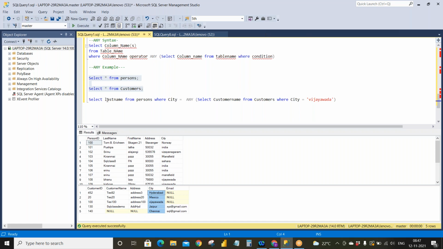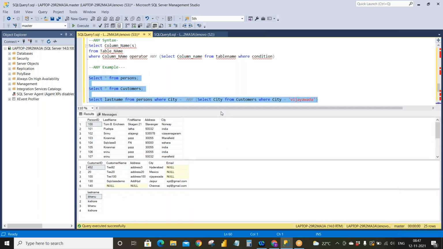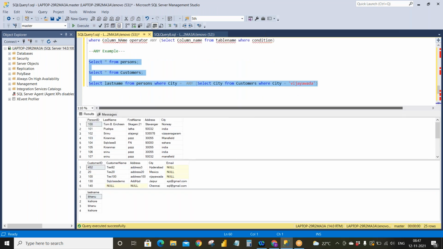Select last name from customer name where my city is same. Okay, so I think we learned from the mistake.